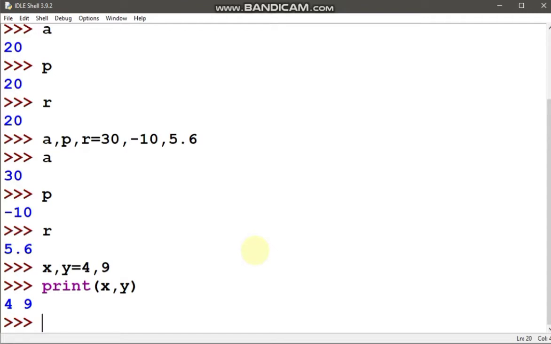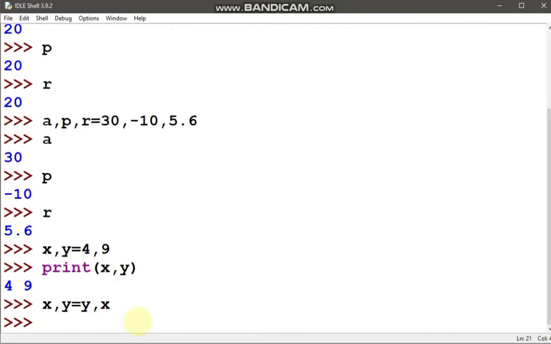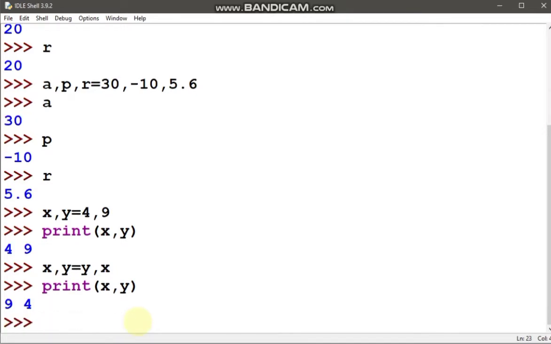Now if I write x, y is equal to y, x, that means the value of y will be given to x and the value of x will be given to y. So now if we print x, y, we will get just this swapped value.